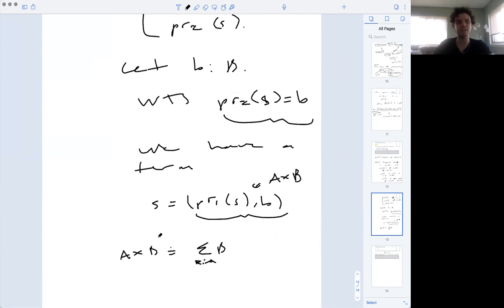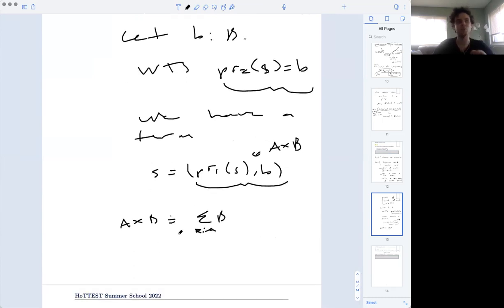And we've characterized those, right? We know that from an identity here in the sigma type, we have that